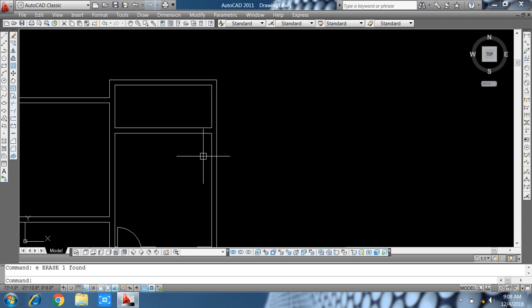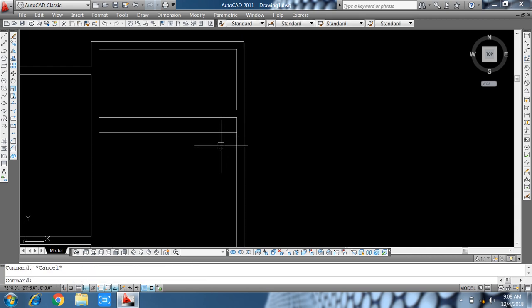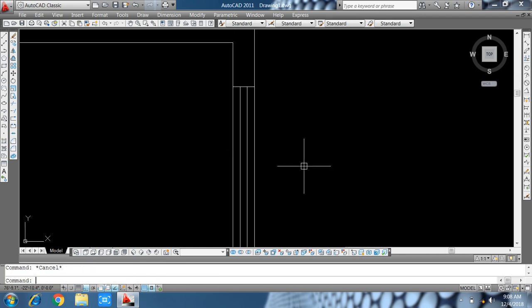Delete inside lines, delete one line inside, and offset 3 inch, and also delete this line, and make a complete line there. So we delete this line.